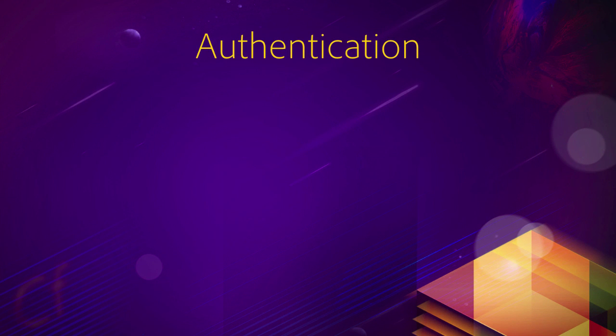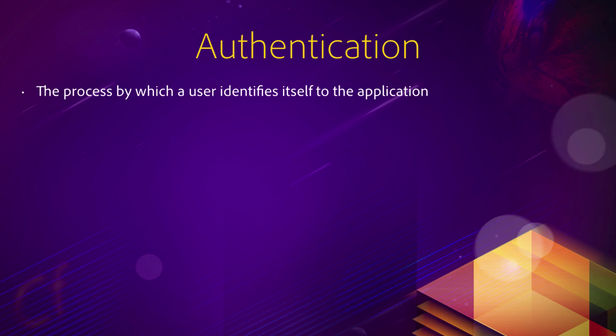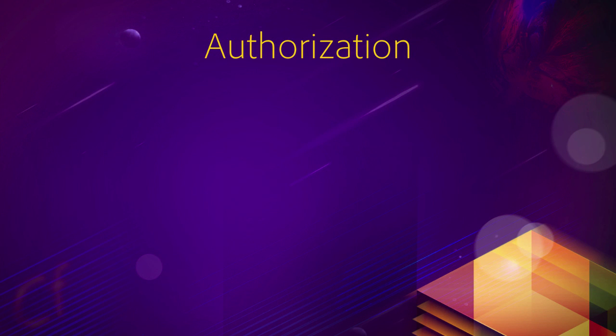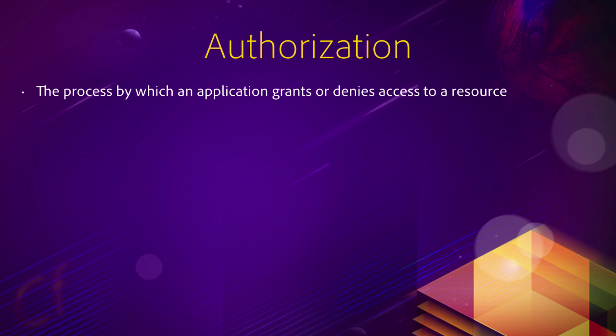When a user logs into an application, it basically identifies himself to the system. After the user is logged in, the application knows who the user is, and that is the authentication process. Authorization is another process. It's a process by which the application grants or denies the user access to a particular